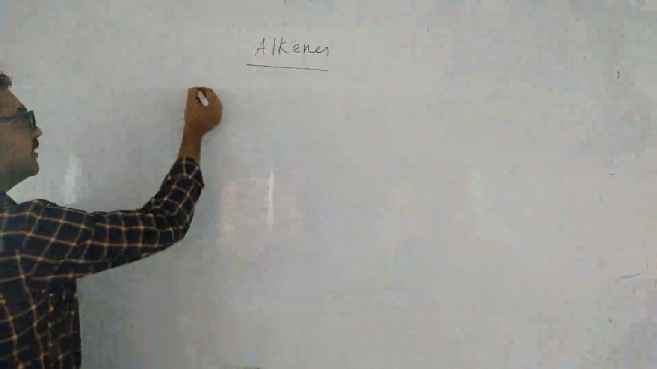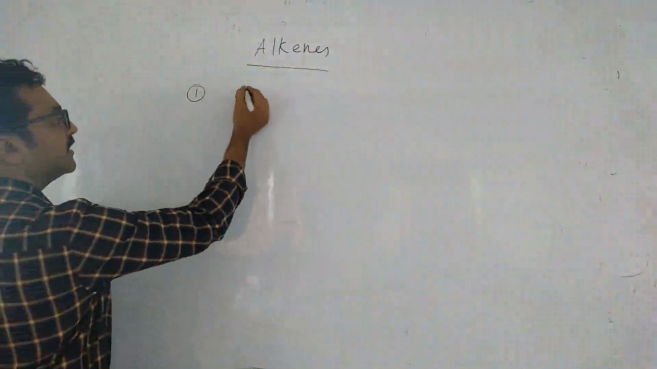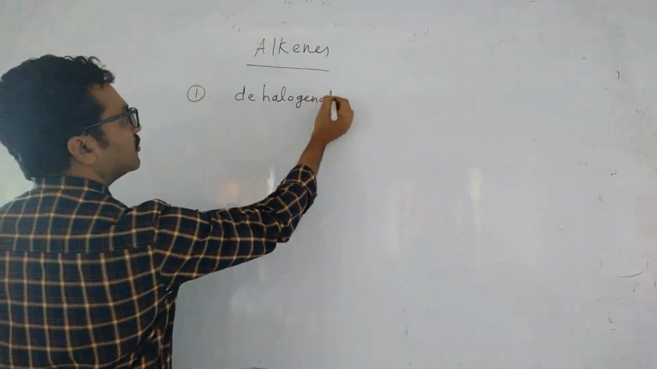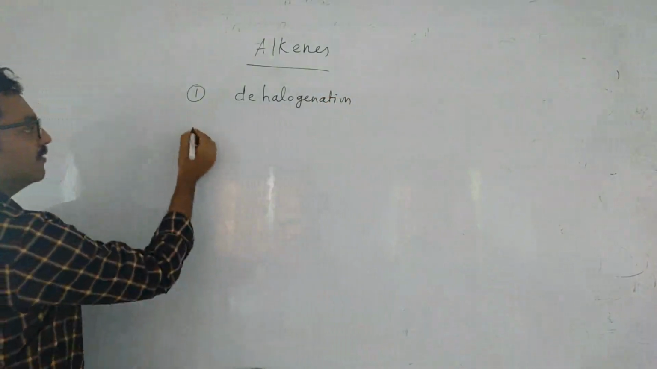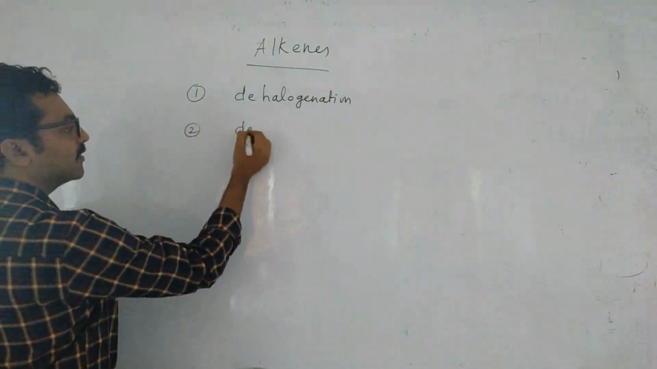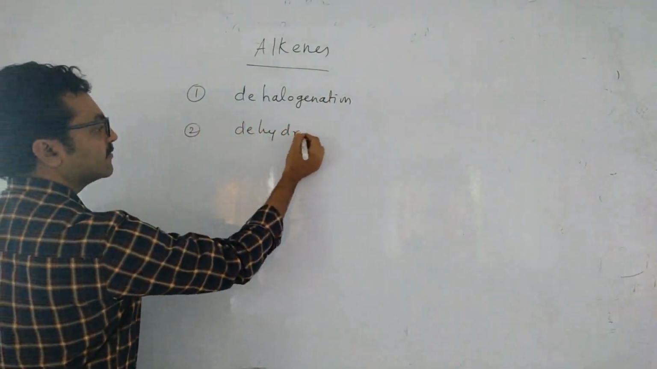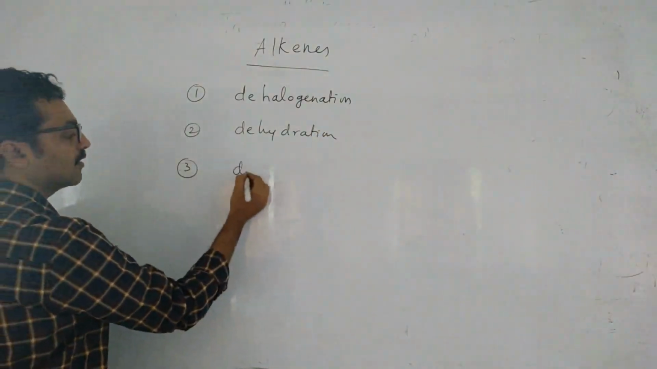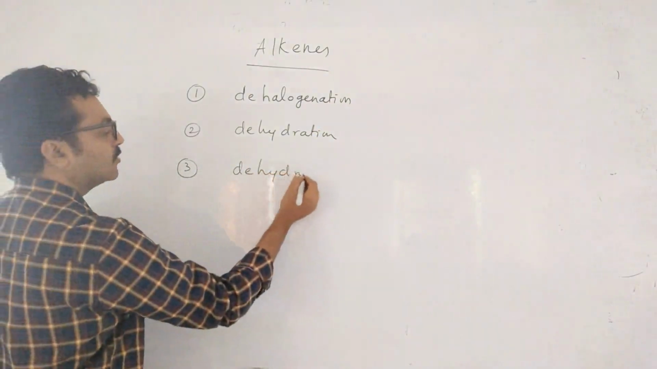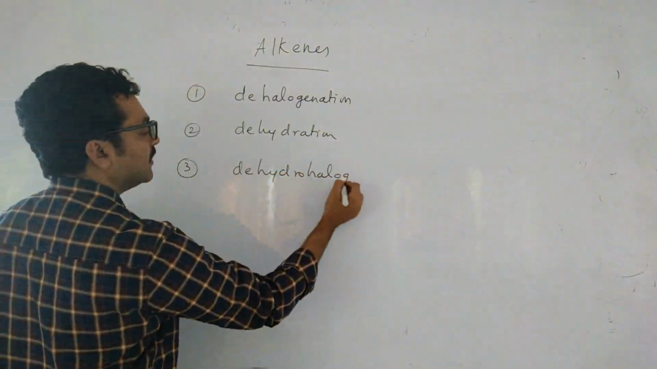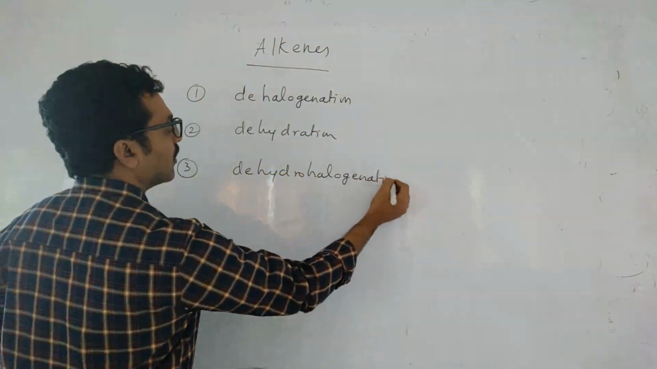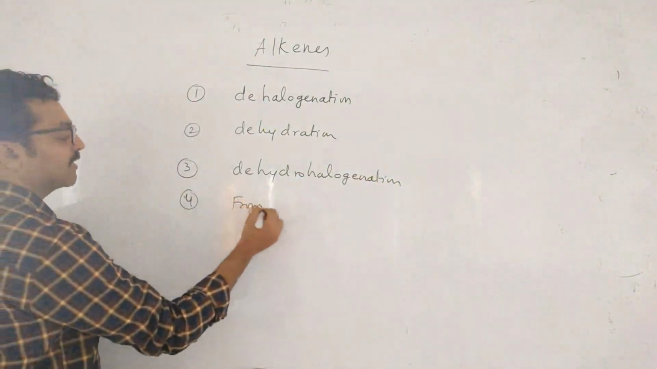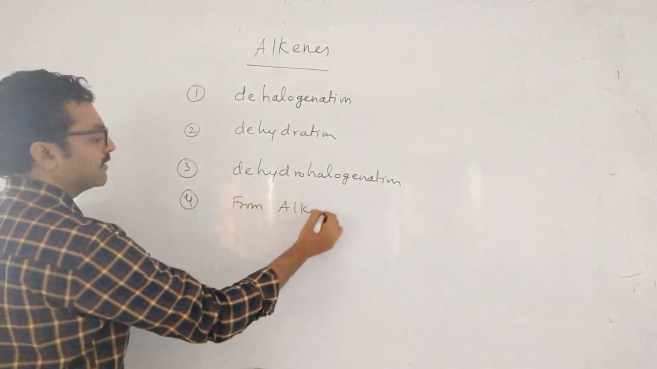Yes. First one is dehalogenation. Fine. Next one, dehydration and dehydrohalogenation. Next, from alkenes we can prepare alkenes. One important point is that...